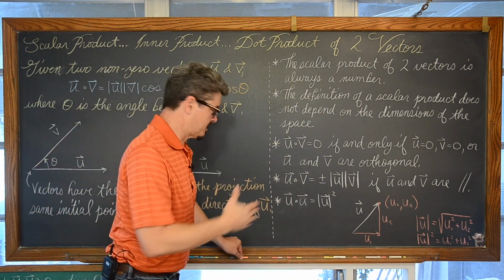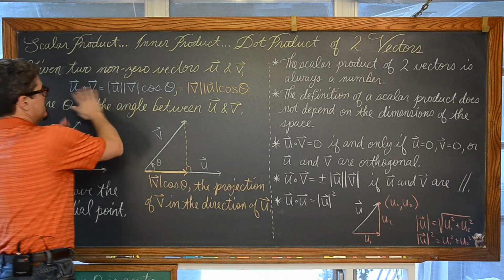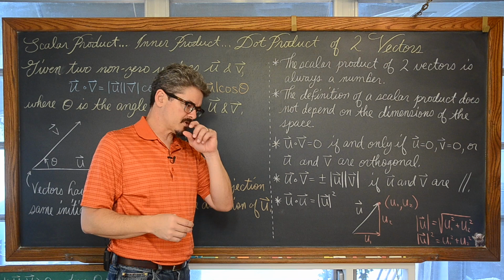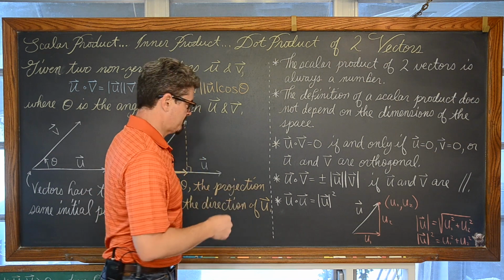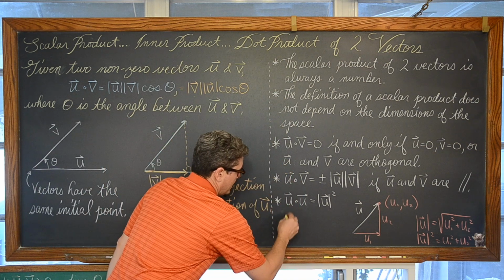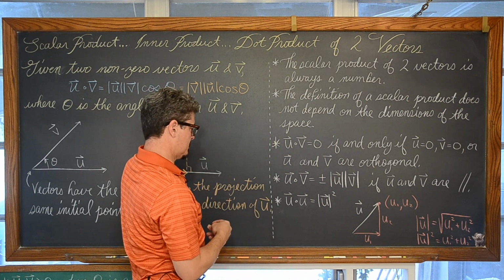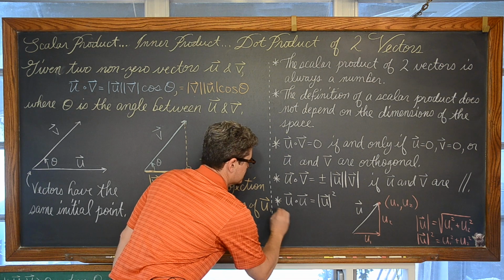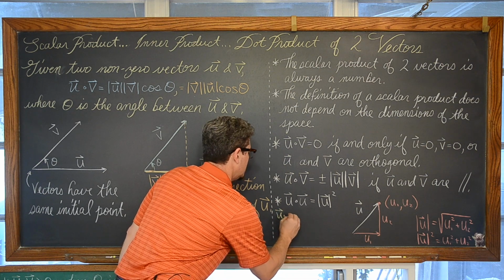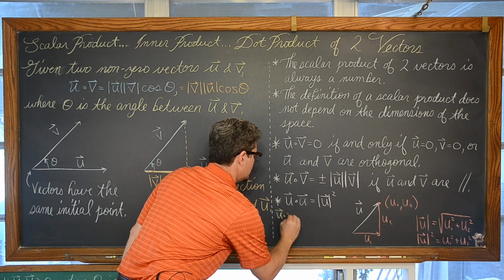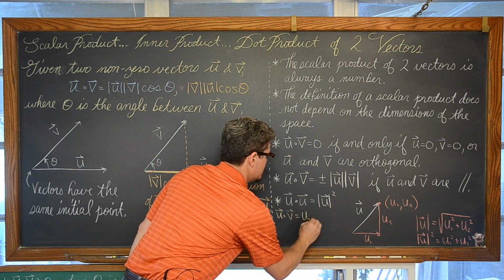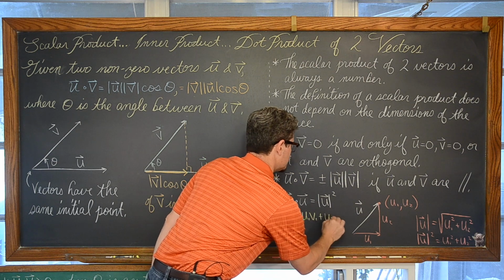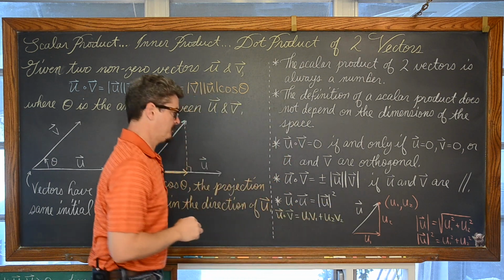Now, this is a little bit easier to understand. I'm pausing because I wanted to do all this in terms of the geometric definition of dot product, but it's actually a little bit easier if you think about this in terms of the algebraic definition. I'm going off on a random tangent I didn't intend to, but the dot product of u and v is u sub 1 v sub 1 plus u sub 2 v sub 2.